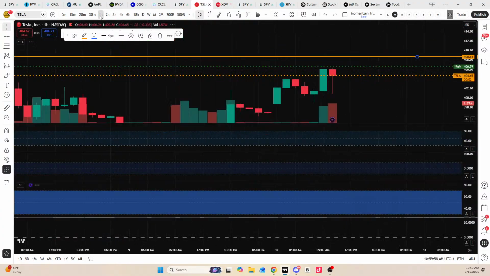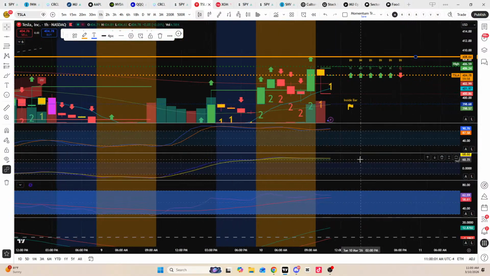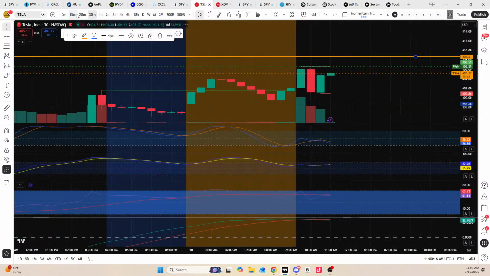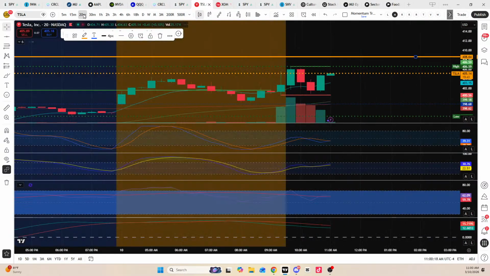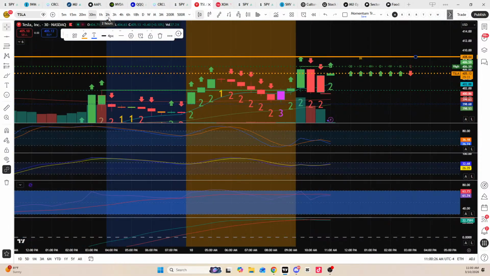Momentum wise, let's see. On the hourly, it's looking a little bit hot. As far, oh, not on the RSI indicator. The short-term momentum indicator is looking hot. You could be in for a short little pullback before we push. Let me look at the 30 minutes. Go down on the time frame some. Okay, on the smaller time frames, I like how momentum is looking for Tesla. Do we have any KST crossovers?